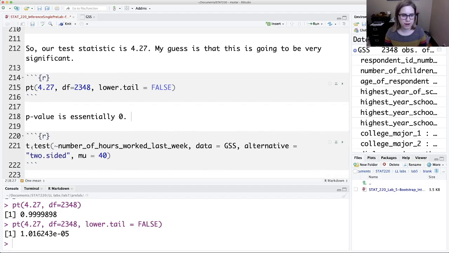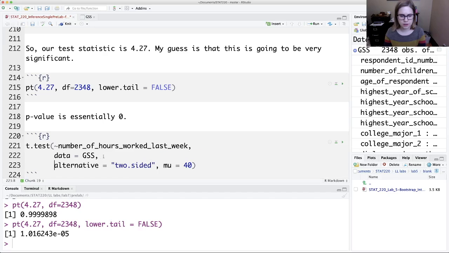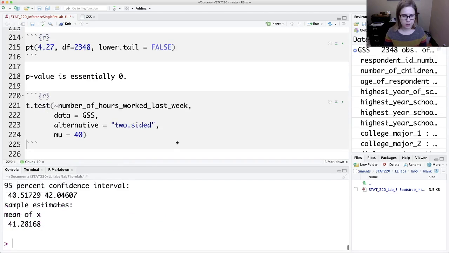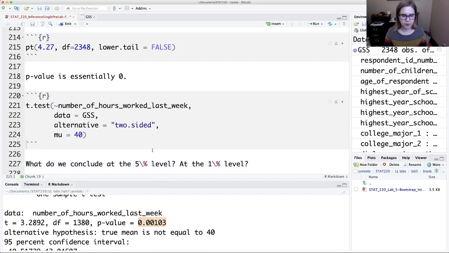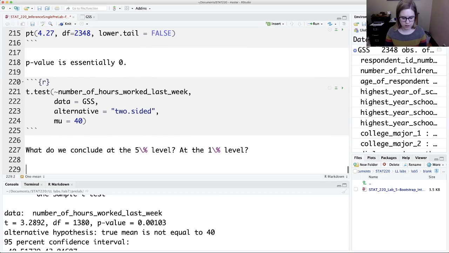Or we could modify our t-test, tilde, the number of hours worked last week, data equal GSS. Our alternative is two-sided, and our null value for our mean is 40. And if I control enter, again, I'm going to get a p-value which is 0.001. And so in either case, either by doing R like a calculator or by using the t.test function,